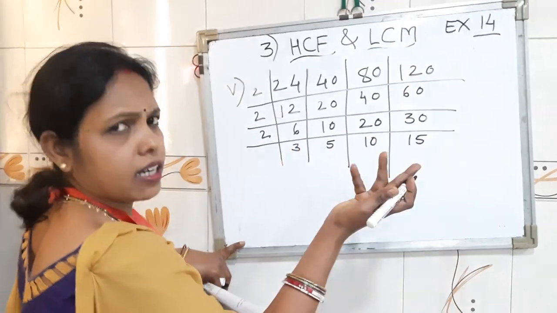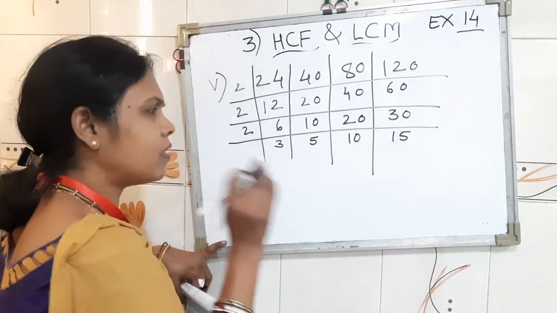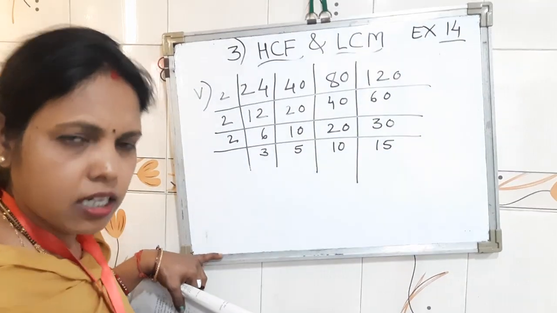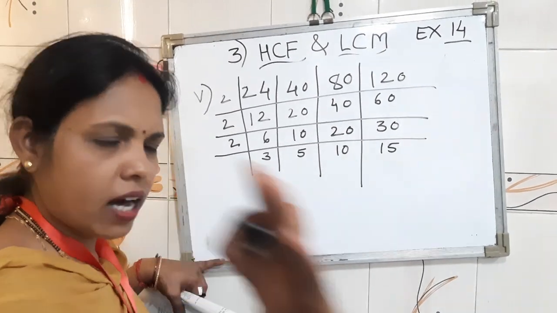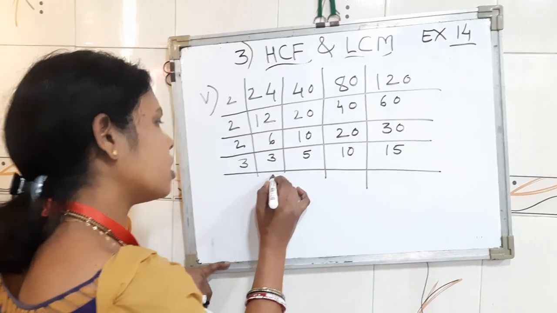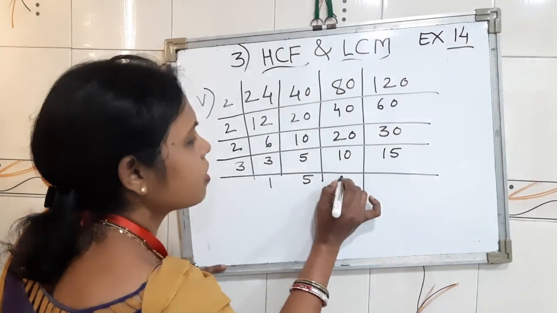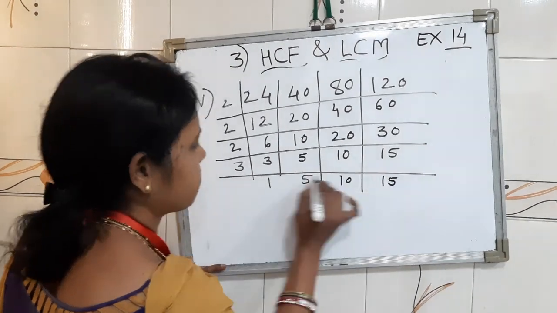That's why we will prefer 5 only. Or you can take 3 also. It depends on you. If you take 3, then also you are correct. If you take 5, then also you are correct. Suppose we are taking 3, then what will happen? Here you will get directly 1, but all these 3 numbers will remain as it is.